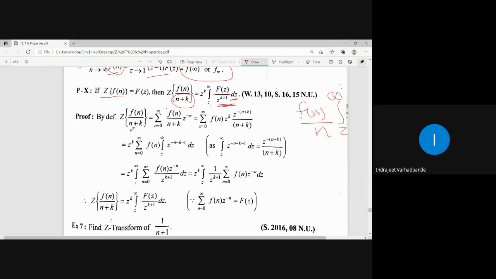Z transform of f of n upon n plus k summation n equal to 0 to infinity. जिस किसी का भी Z transform दिया है that is to be multiplied by Z to the power minus n. अभी k वगैरह दिख रहा है हर जगह तो adjust कर लो, minus n minus k and z to the power k, क्योंकि outside also we are able to see the term as z to the power k. So introduce z to the power minus k and to cancel that write the term z to the power k. ये minus के minus n के साथ चले जाएगा, so you get the term as z to the power minus n minus of n plus k. ये आ गया.